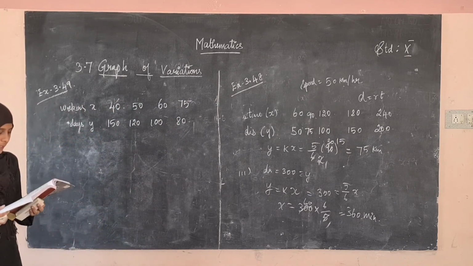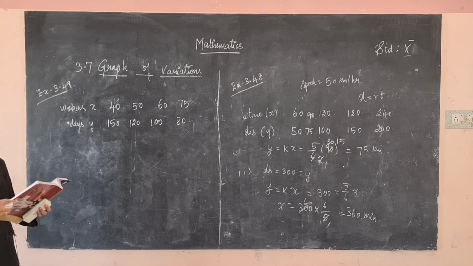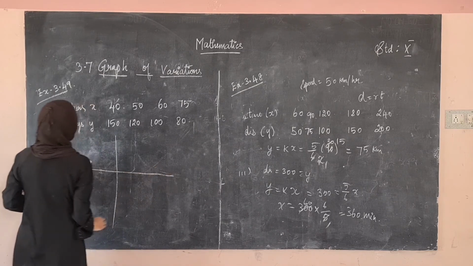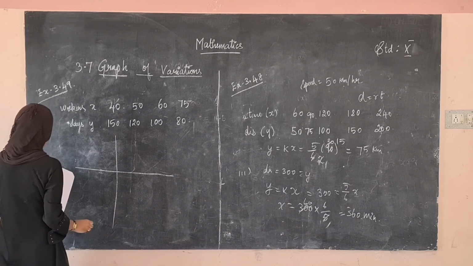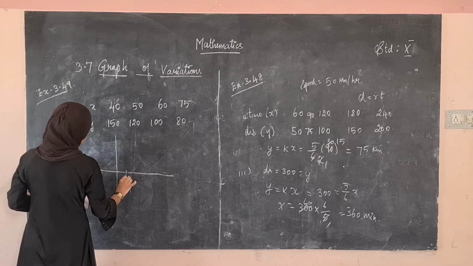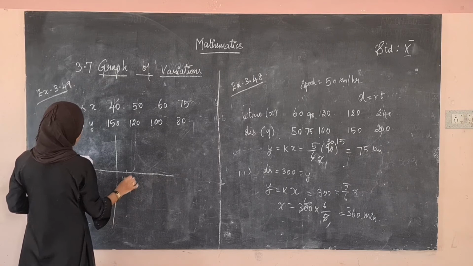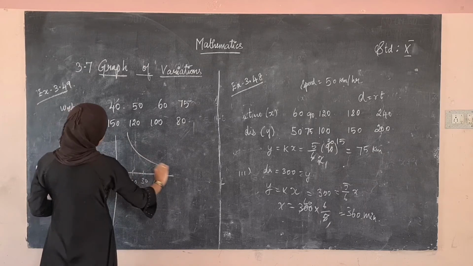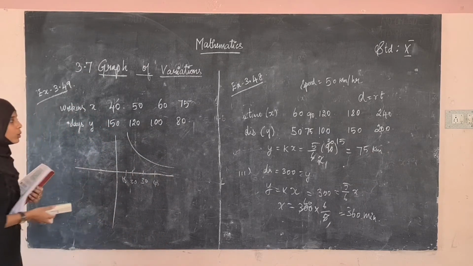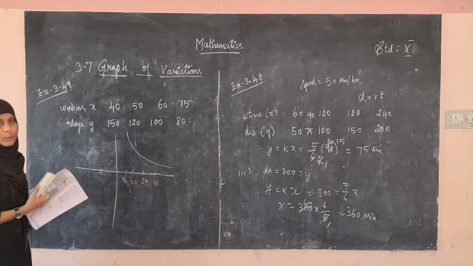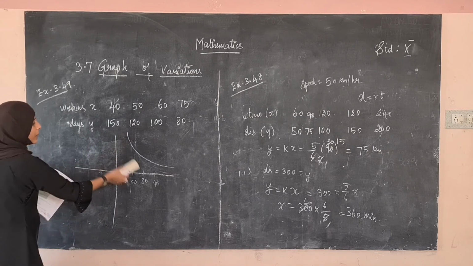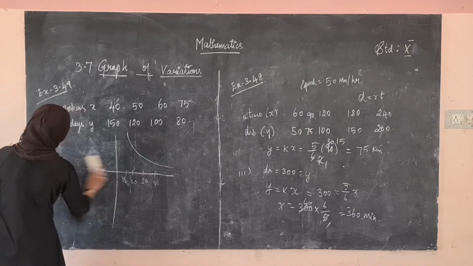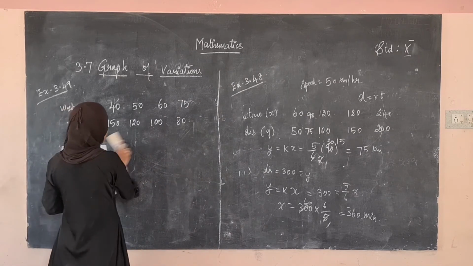What you have to find is: graph the above data and identify the type of variation. So shall we graph the data like this? In your book they have graphed like this, 10, 20, 30, 40, like this they have graphed. The graph will be like this. Okay, since in this board I can do, you draw it in the graph sheet. All these sums should be done in the graph sheet. Okay, so the graph will be like this. If it is like this, what's the type of variation? That variation is indirect variation. If we get a straight line, then it will be the direct variation.